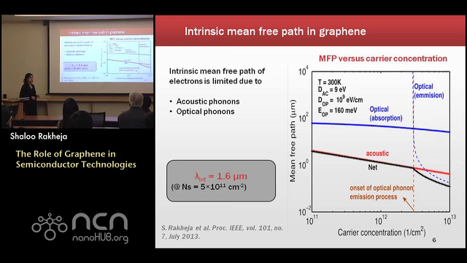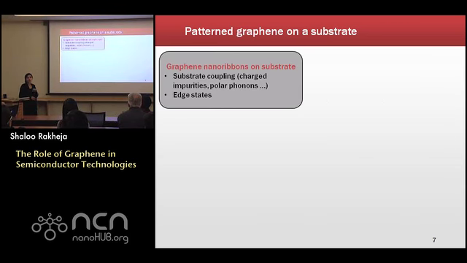So such high mean free paths can be obtained, but for real circuits, you have to deposit graphene on a substrate. And you also have to pattern it into narrow ribbons for real circuit applications, and both of them will lead to an interaction of electrons with edges, with the phonons in the substrate, and with the charged impurities, and will lead to a degradation in the mean free path and the mobility of electrons. And those are some of the realistic effects that we need to incorporate in order to assess where graphene lies in this whole landscape of interconnect applications.